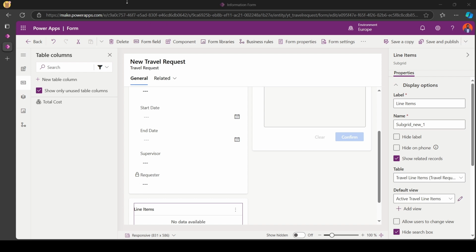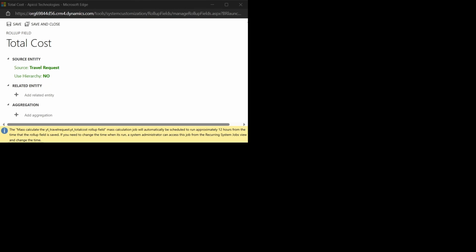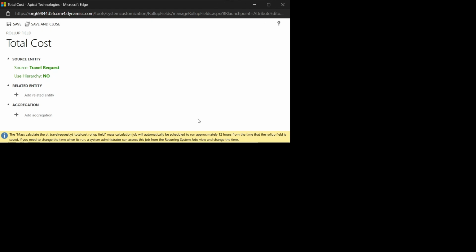When we've saved it, it will open up a dialog box. Right, when the column is saved, it will open up a dialog box where you have to configure the rollup